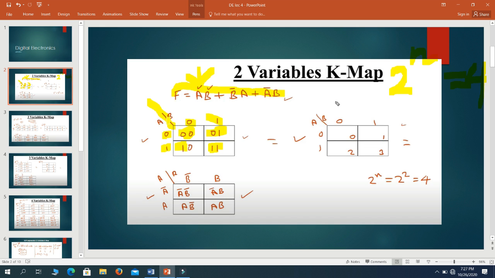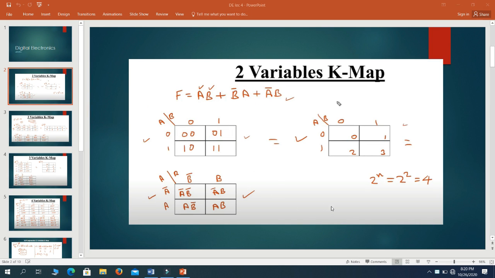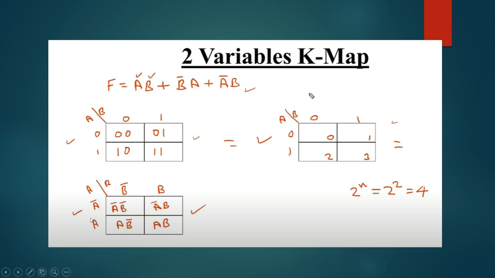Same goes for this one. In this cell we have an A value of 1 and the B value is 1. So 1 and 1, we have these values. So the same cell representation can be done in this way. So as I was telling, let me make it full screen and then talk. Okay, so as I was telling, this representation and this representation are the same.